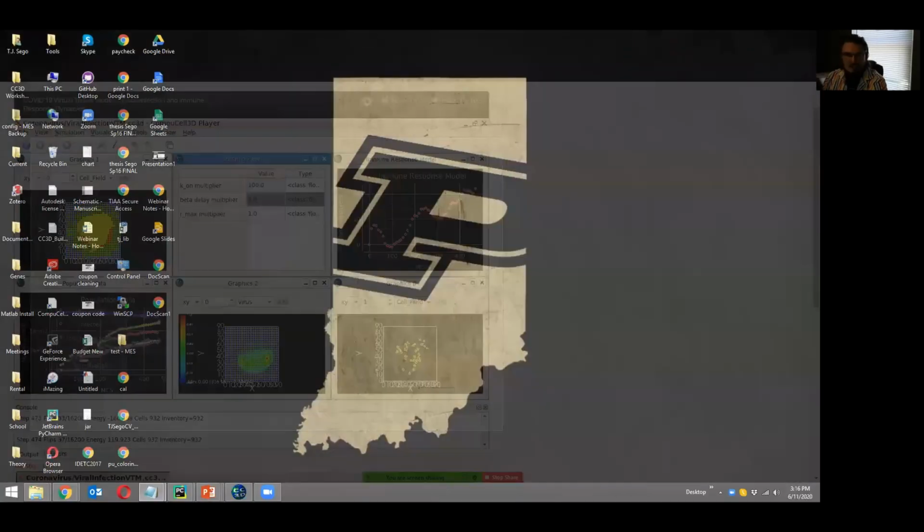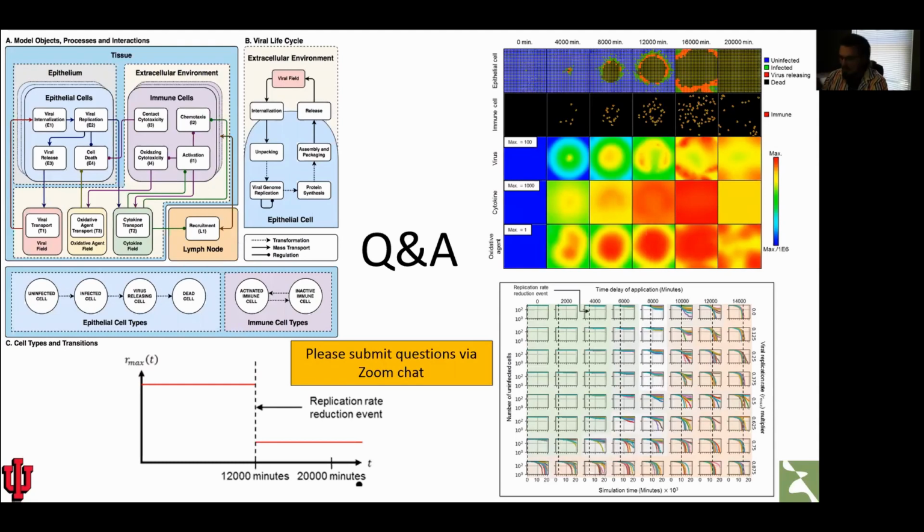And I will include, just to quickly get that, here is the link again to the preprint. So those parameters are described there, but